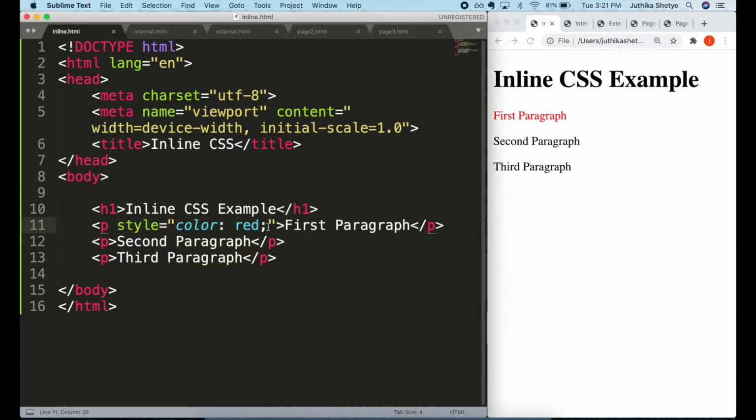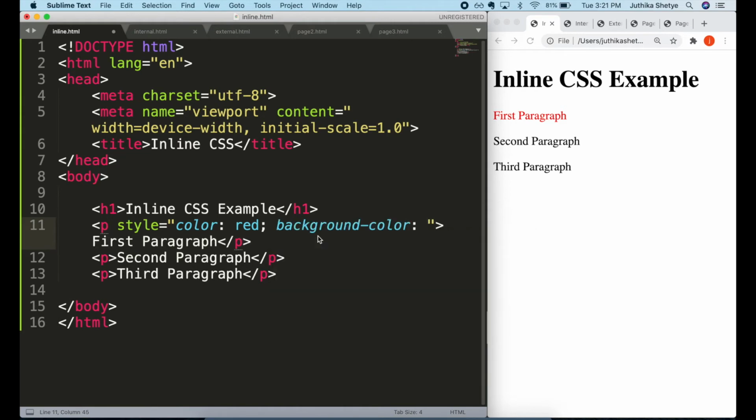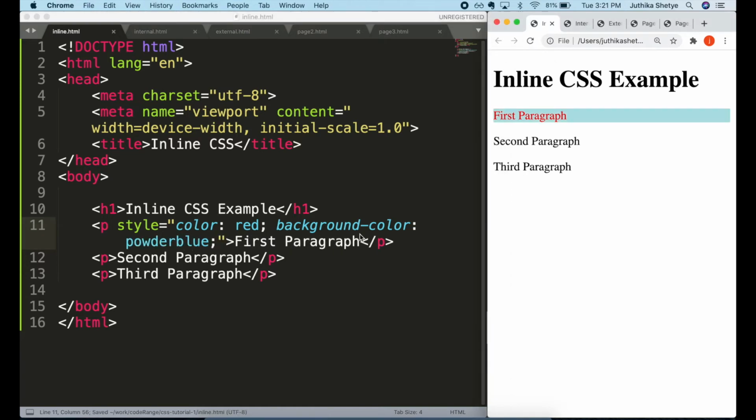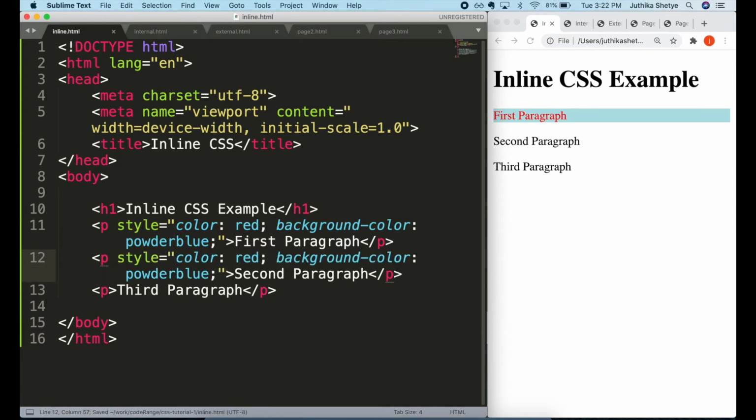You can even add multiple styles here to the same paragraph as we saw earlier, but the more you add, the harder it becomes to read. So use the inline method sparingly, if at all, because it is harder to manage. This method is also not reusable since it is applied directly to each element. What if you had 100 paragraphs and wanted to style them all? You would have to add the style to each one. Also, CSS added by any other method is overwritten by these inline styles, creating more potential for conflict with other CSS style rules. About this we are going to see in just a bit.